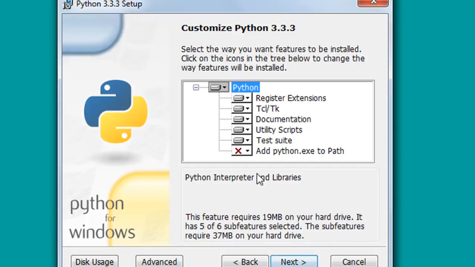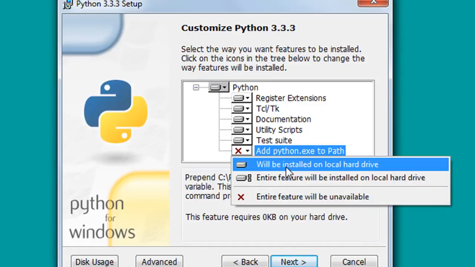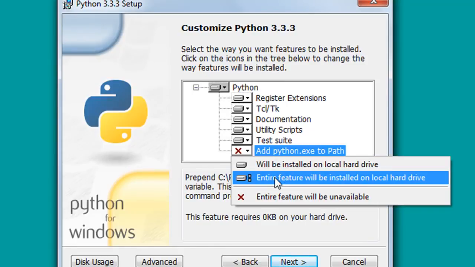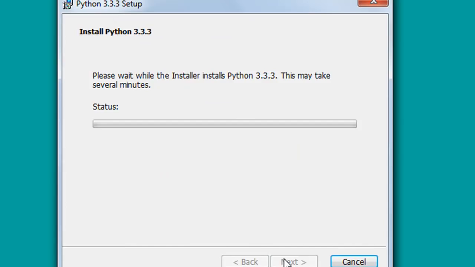And this is a place where I want you guys to make one change, and I would suggest this to you. I would strongly recommend that you add the Python.exe path to your environment variable path, right? So the reason for this we'll see in the next tutorial. And you just do this, okay? Because if you don't do this, then you would have to explicitly copy the path of the Python interpreter and paste it in the path environment variable, and that's actually a lot of work, so you don't want to do that. So just click on this and then click on next,